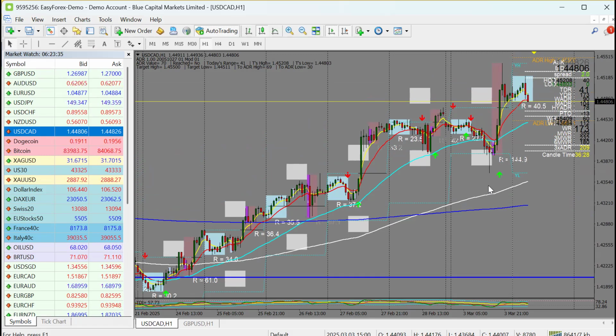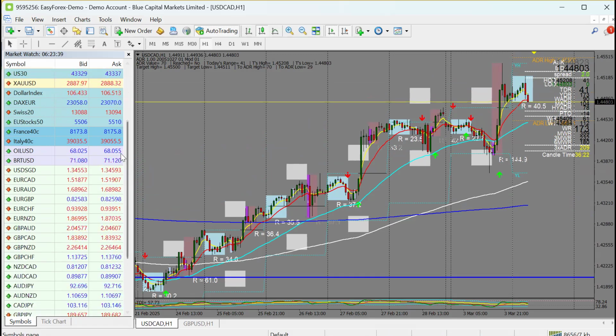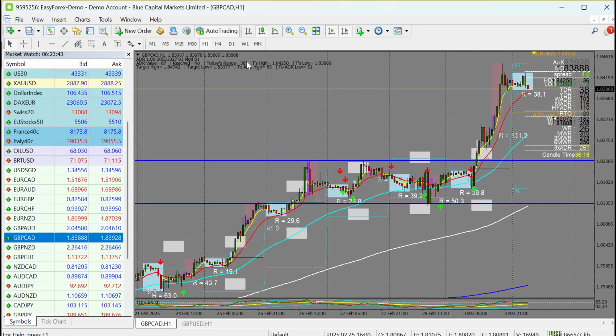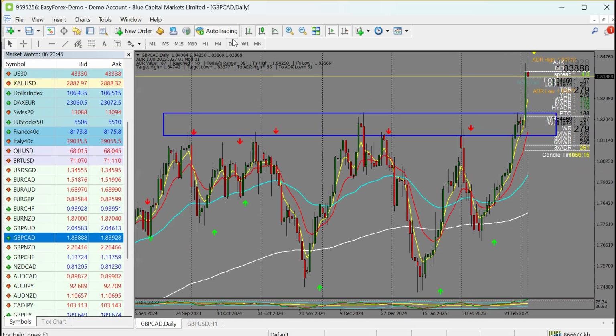Another trade we can check is the group 3 pairs. Talking about the group 3 pairs, we have the GBP CAD. We can start with the idea of the GBP CAD, starting from the daily time frame. I will be talking about the idea of this pair breaking this region. Yesterday we talked about this trade coming and breaking this resistance region. So what will we be expecting on this market? We'll be expecting a pullback.